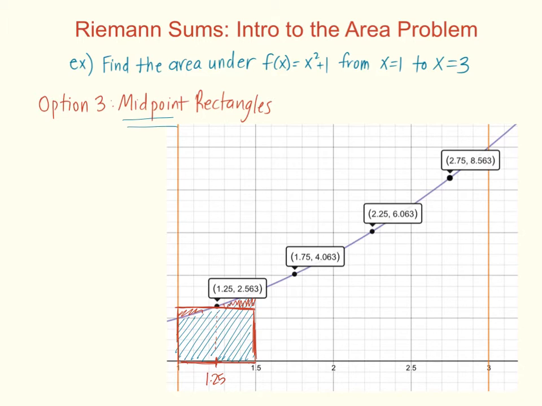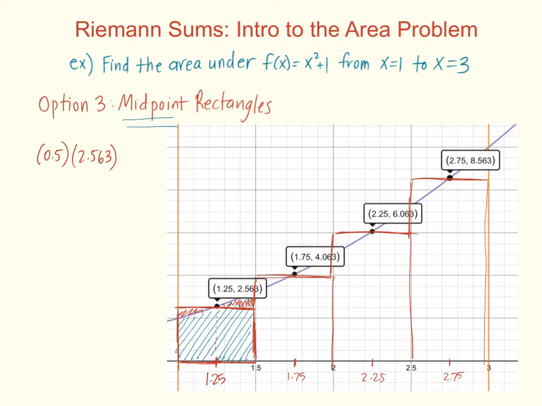So a midpoint is going to ignore left and right, and I'm going to get the height of my rectangles by subbing in 1.25, 1.75, 2.25, and 2.75 to create these rectangles instead of one that's fully overestimating or fully underestimating. Okay, so this first one, it's still 0.5 units across. But this one, and I've filled in for you 2.563,